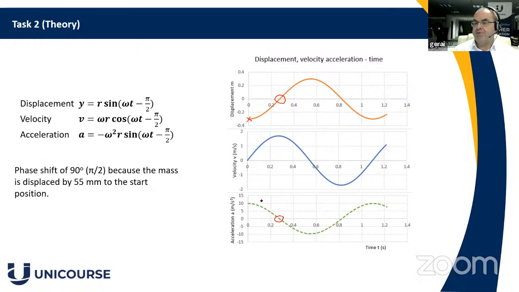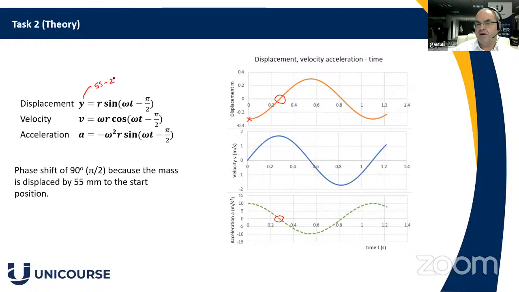That's from the example in the workbook, but you'll have the same issue with a phase shift for you on assignment 2 will also be minus pi by 2. Now we appreciate when you do this, it's very easy to make a mistake. And the important thing I want you to remember is that this y isn't the 25 millimeters. It's the distance from where there's no displacement. So your y value in your question will be 55